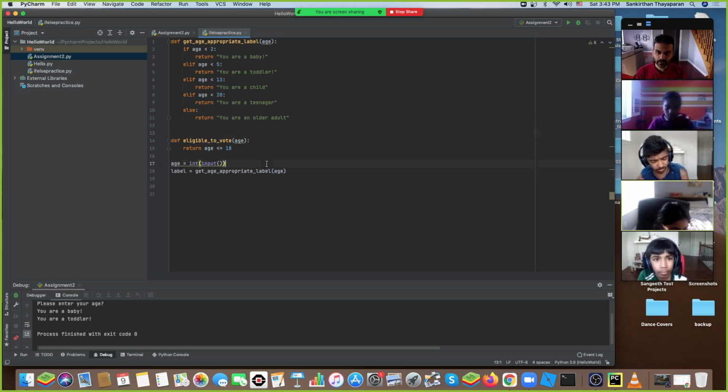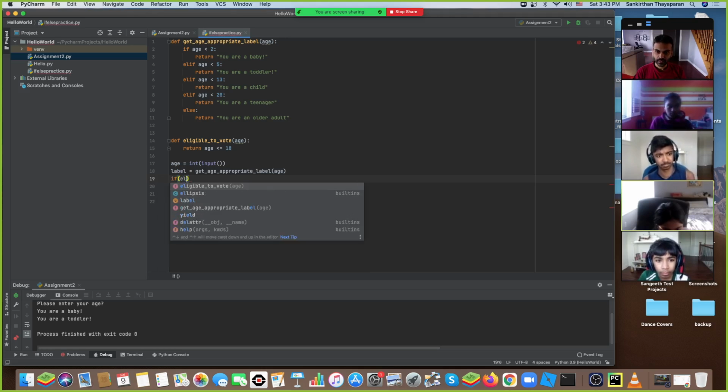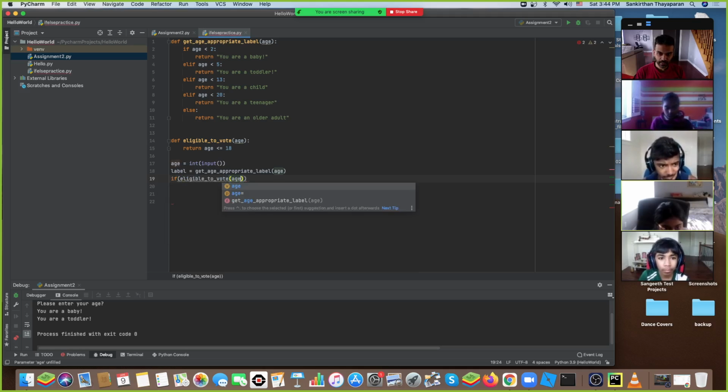One is going to give me a label for that age. The other one is going to give me a boolean that says if you're eligible to vote. So now in this I can say if eligible to vote age,